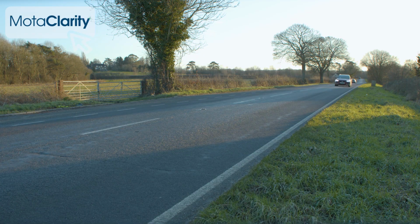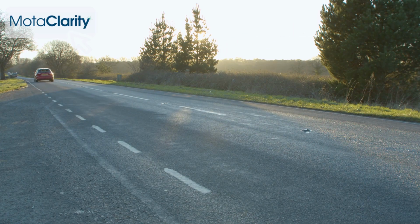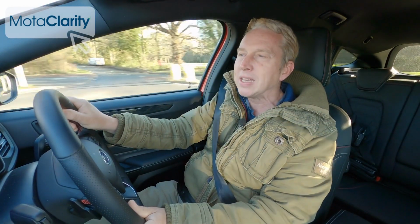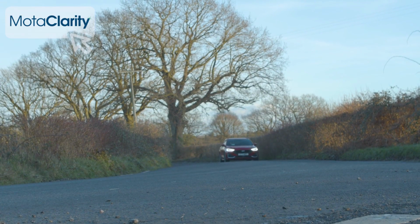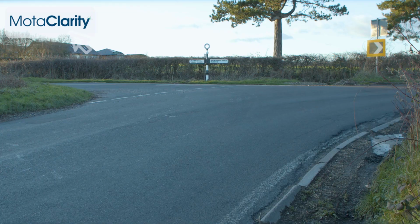Higher mileage drivers who remain unconvinced by petrol power will be pleased to see that the 1.5 litre 120 PS EcoBlue diesel engine's been retained in the range, though only with 8-speed auto transmission. At the top of the lineup, the uber rapid ST Performance model continues on with a 280 PS 2.3 litre EcoBoost petrol unit. As before, across the range, the ride isn't overly firm, but body control through the bends is still exemplary,